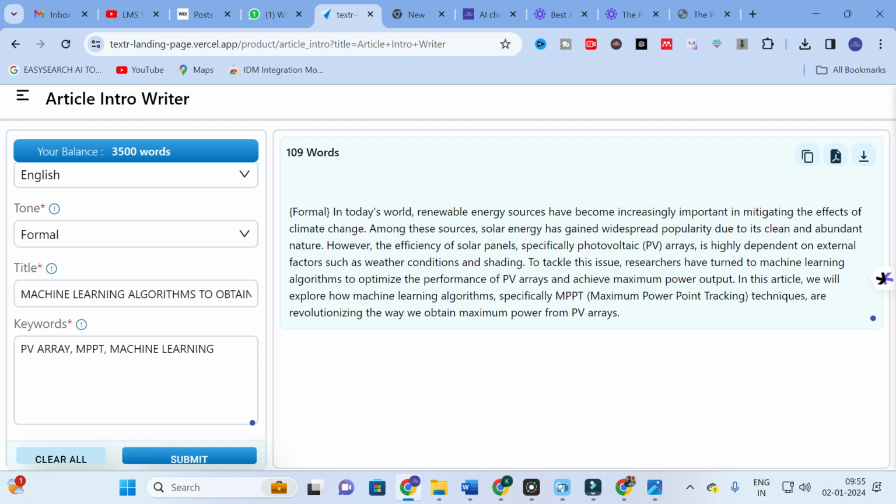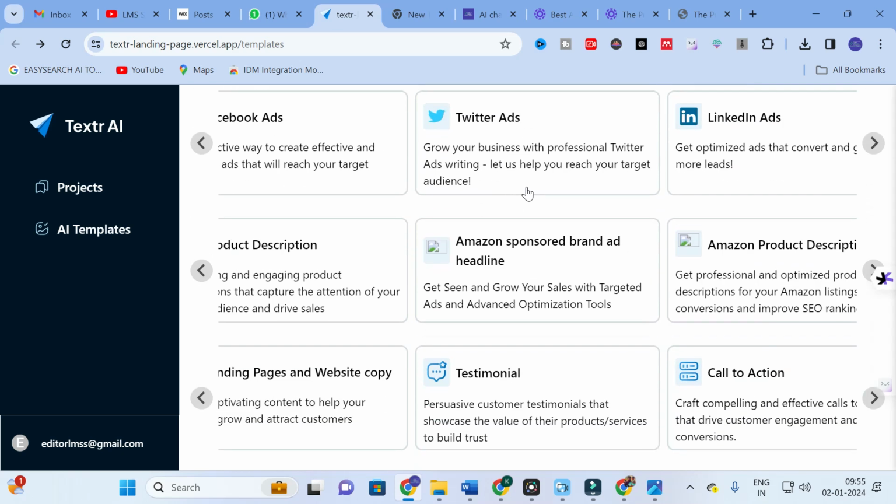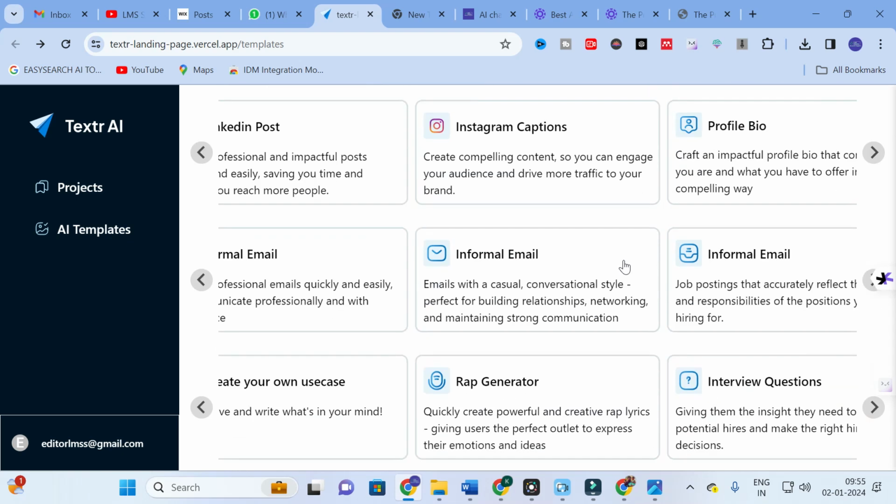So this is all about this intro writer. Like that, you can explore the different templates available. With blog section writing, you can write a blog section. If you want an introduction or a subtopic general content, you can use this kind of blog section writing also. Apart from this, you will have different templates available to create your own content. Make use of this option to write a better introduction for your research paper using this AI tool, Textr